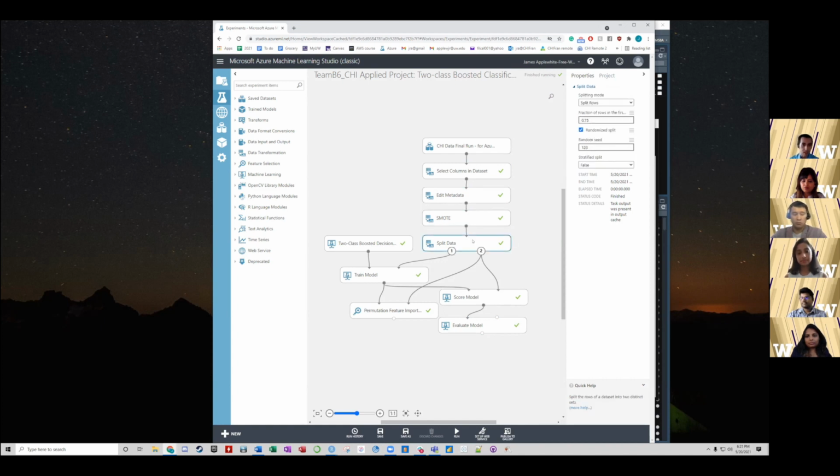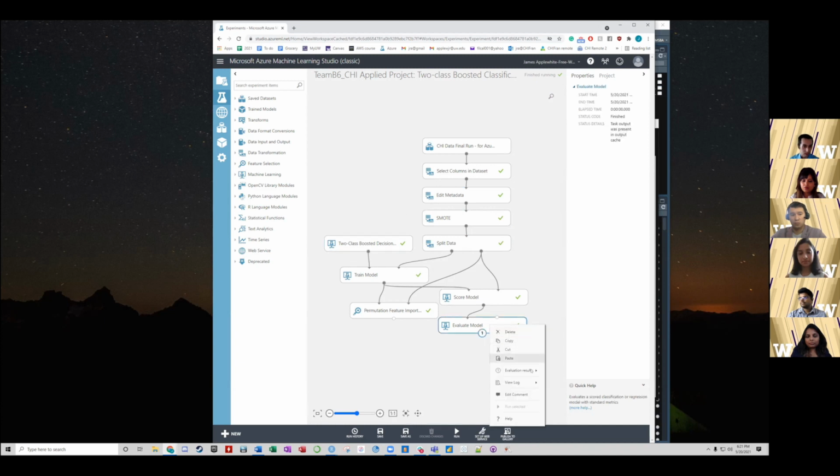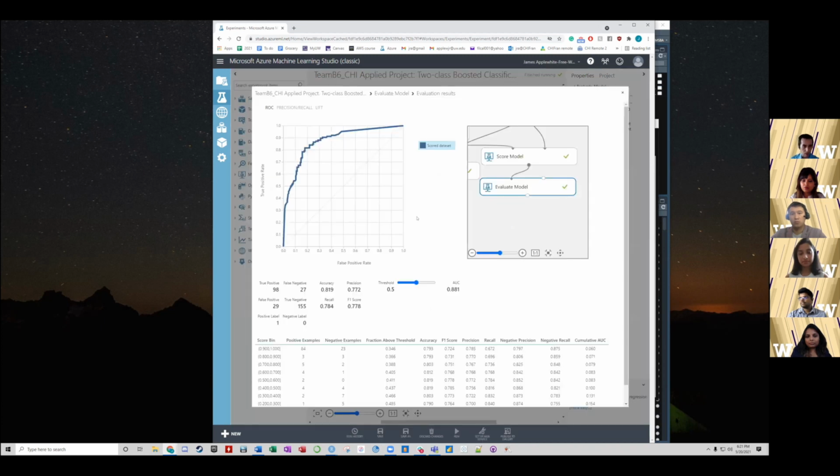Next, we split the data into 75% training, 25% testing. This is the two-class boosted decision tree mentioned earlier. And then finally, we can run it all and look at the performance of our model. So there's a lot going on here, but some of the bigger items, we had an